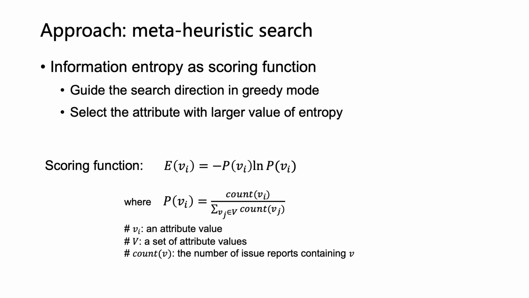The scoring function is used to guide the choice of search operators in each search step. Since there is no explicit scoring function that can be directly used in our context, we design a new scoring function in the greedy mode based on information entropy. The entropy is defined as the negative logarithm of the probability. Specifically, given an attribute and the set of its values v, the entropy of a value vi can be calculated as the following equation. In the greedy mode, our approach prefers to select the attribute value with larger entropy value and visit the neighbors accordingly.